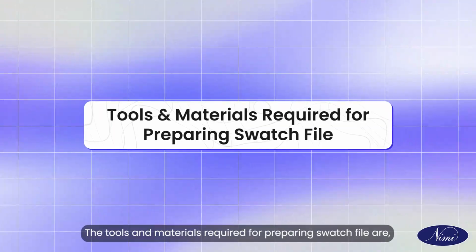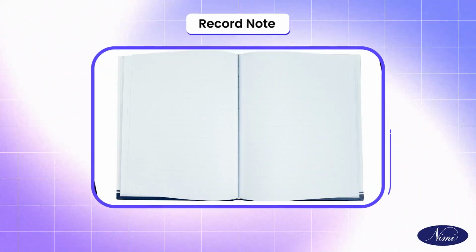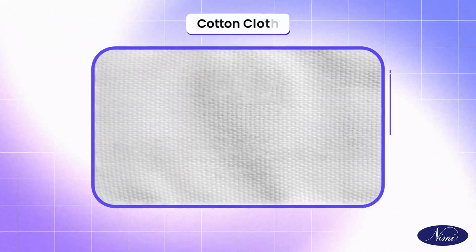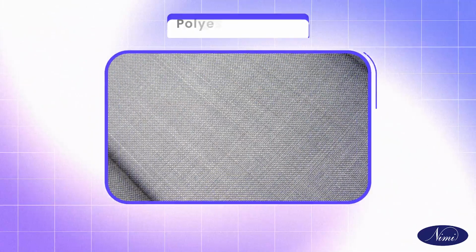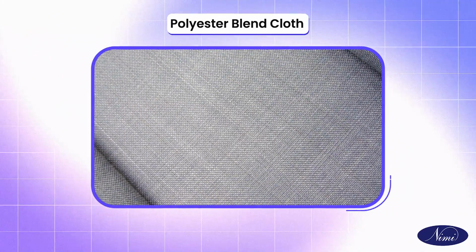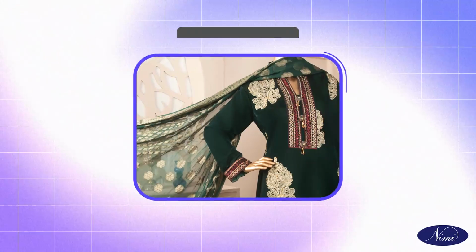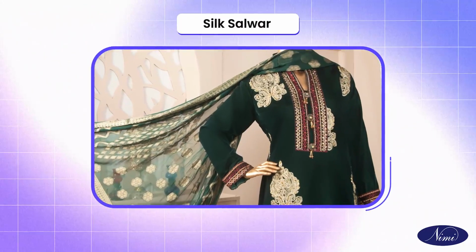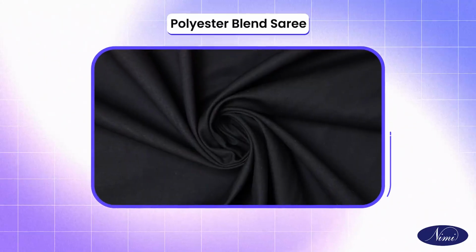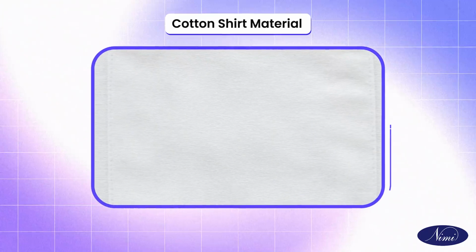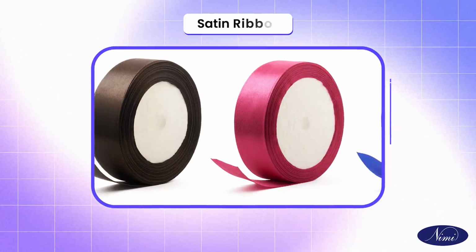The tools and materials required for preparing swatch file are record note, silk, cotton cloth, polyester blend cloth, polyester salwar, silk salwar, polyester blend sari, silk sari, cotton shirt material, satin ribbon,